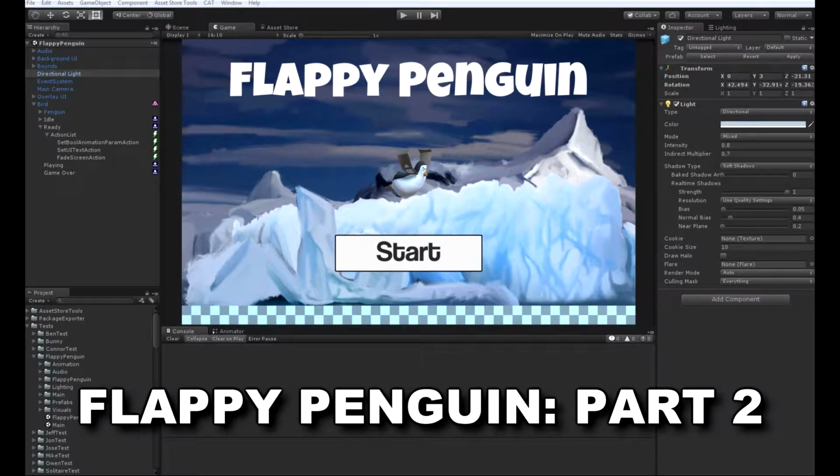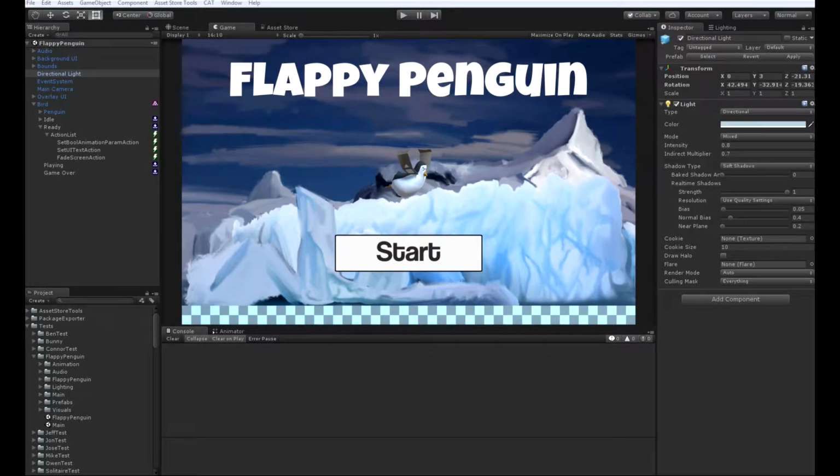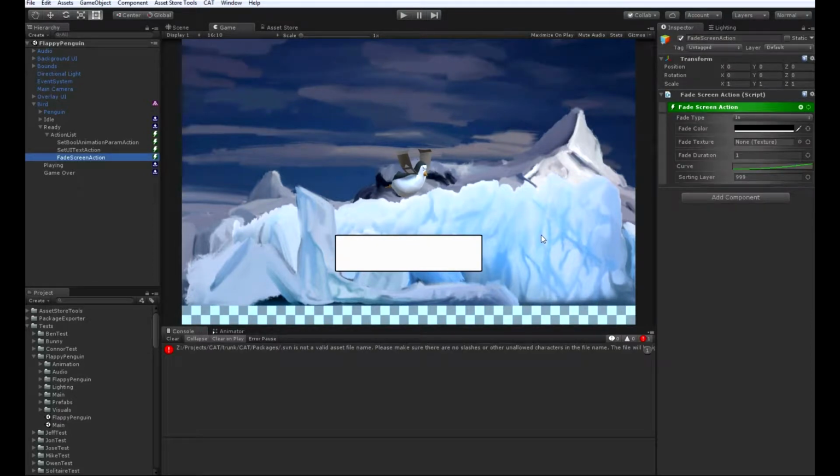In this series, we're going to be taking a look at how to make a game very similar to Flappy Bird using Cat Game Builder. In this video, we're going to continue where we left off and continue populating the states on the bird game object. In the last video, we got most of the way through the ready state, and the only thing that's left to do is to make it take input